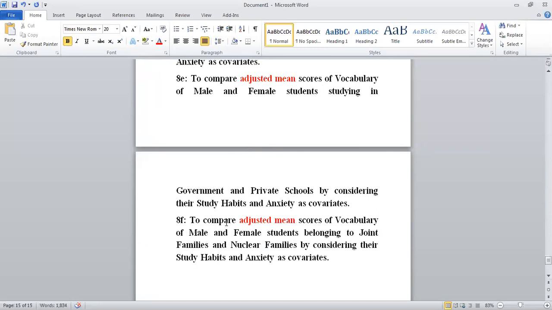Now it is to compare adjusted mean scores of vocabulary of male and female students belonging to joint family and nuclear family. Okay. And then there is another